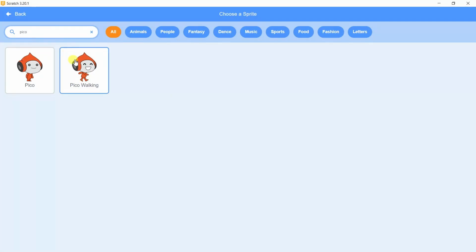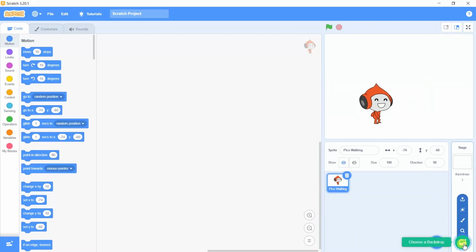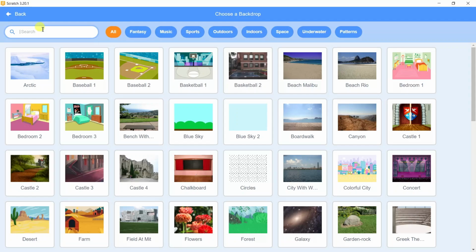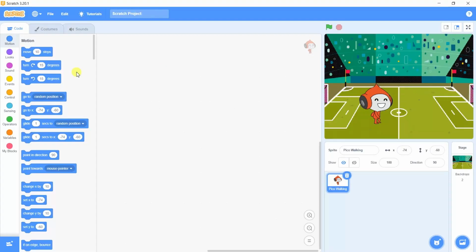So let's say we take this particular character for this particular activity, and we delete the cat sprite, take an appropriate background. So we go to the sprites library, and from the search box, let's say search for this soccer field. Just like they are playing soccer, so they need to move continuously on the field, so using the arrow